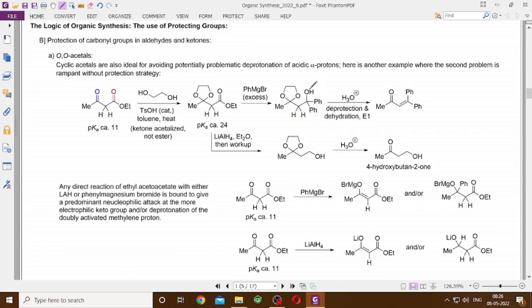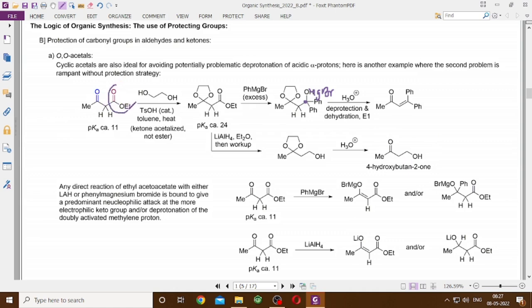This could be the magnesium salt, and when you work up, it becomes the OH, this becomes carbonyl, and this is a tertiary alcohol with two phenyl rings that can stabilize a cation here. So it will undergo a very facile E1 reaction to afford the alpha beta unsaturated carbonyl that was your target molecule. If they have asked to synthesize 4-hydroxybutan-2-one, that was this molecule, from ethyl acetoacetate, clearly you